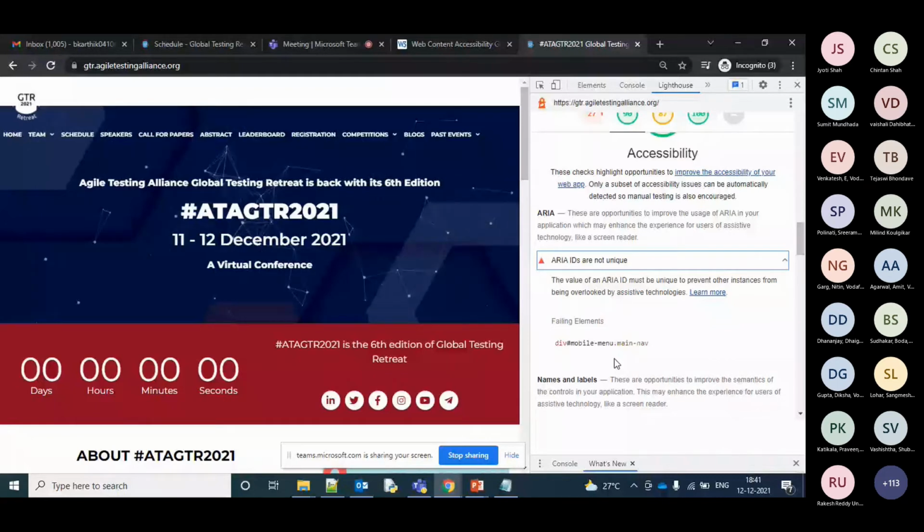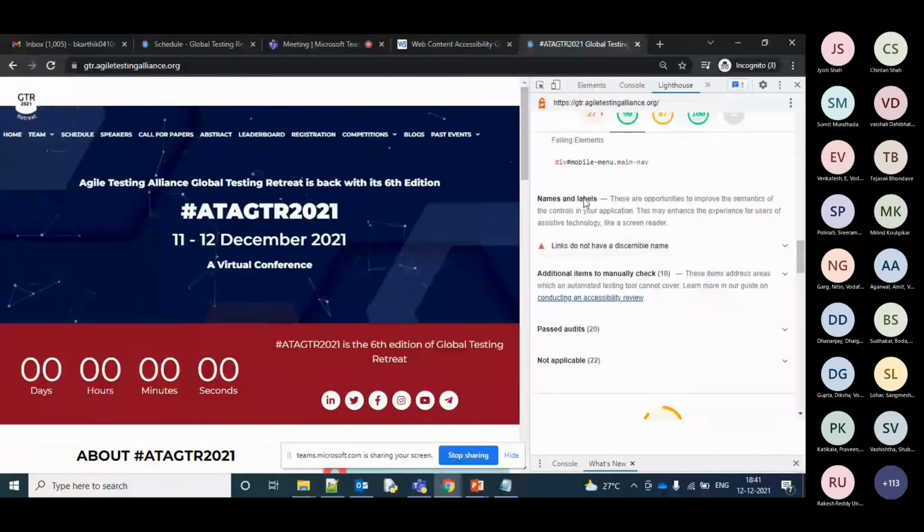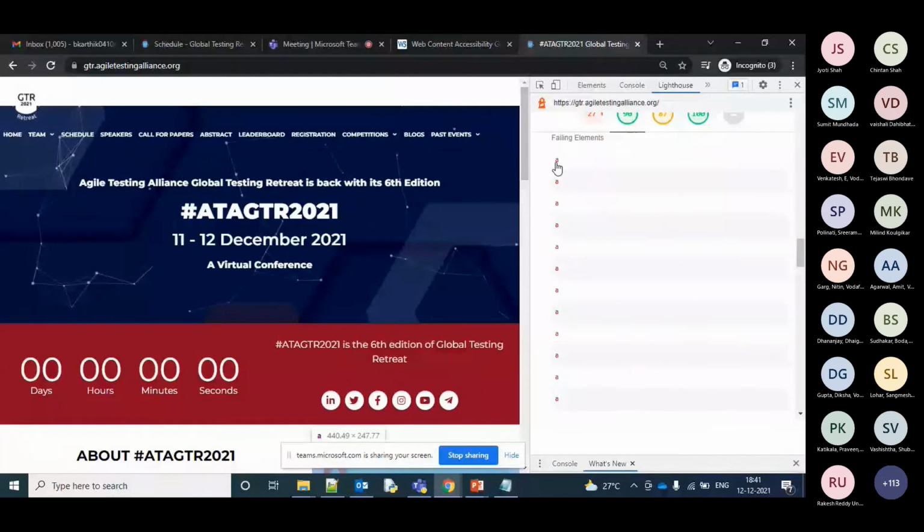If they had renamed them as a web menu and a mobile menu, then this might have gone. So dot main dot nav wasn't unique, and that was a failing condition over here. And there are some names and labels. Links do not have... okay, I don't know where these links are present.